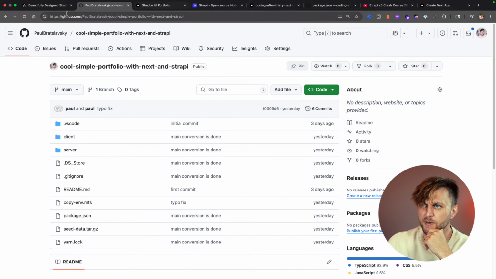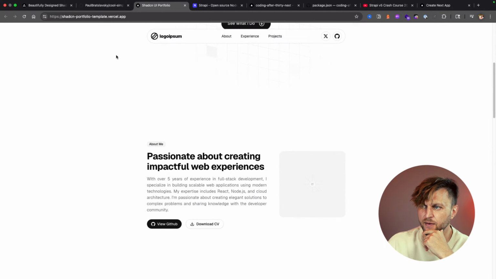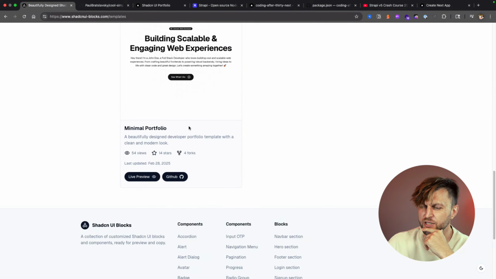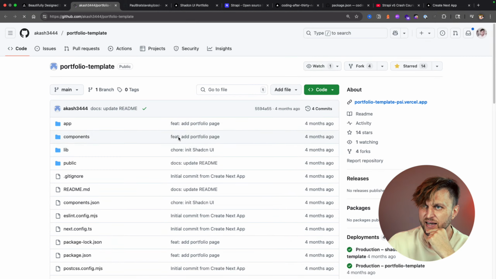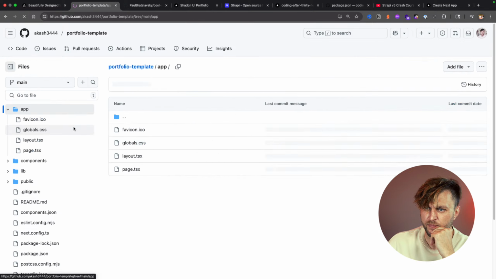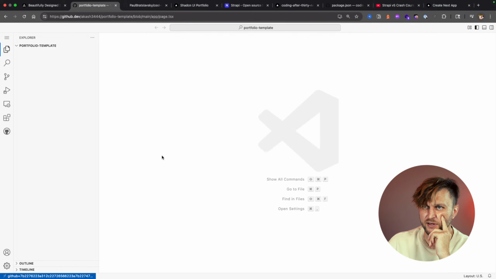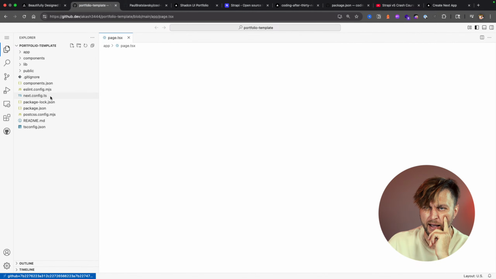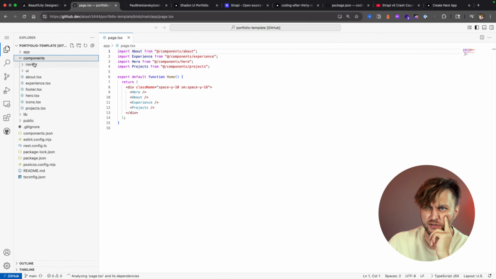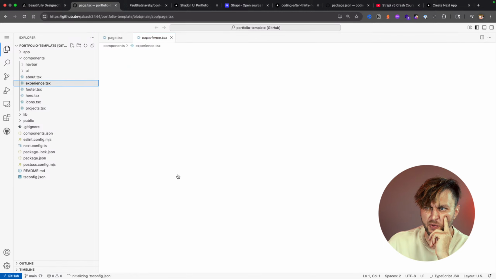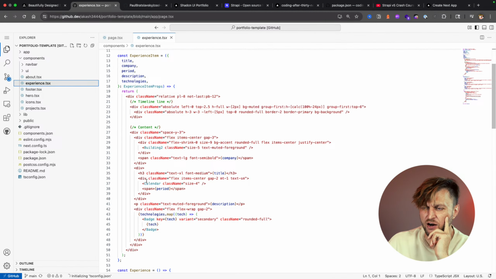This is the website that I found, the template. If you take a look at this template and you look at the pages, you will see that it has the components. Actually, let me do this. I love the VS Code in the browser. If you take a look at their components, like experience, everything is hard-coded, right? So all the data